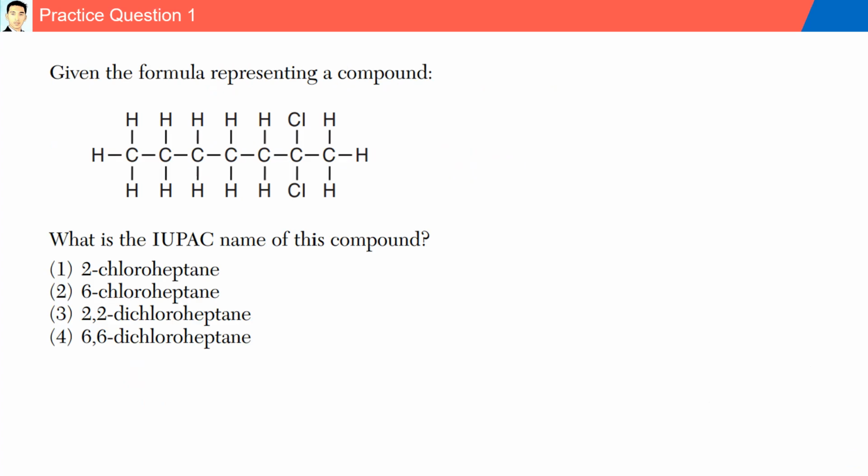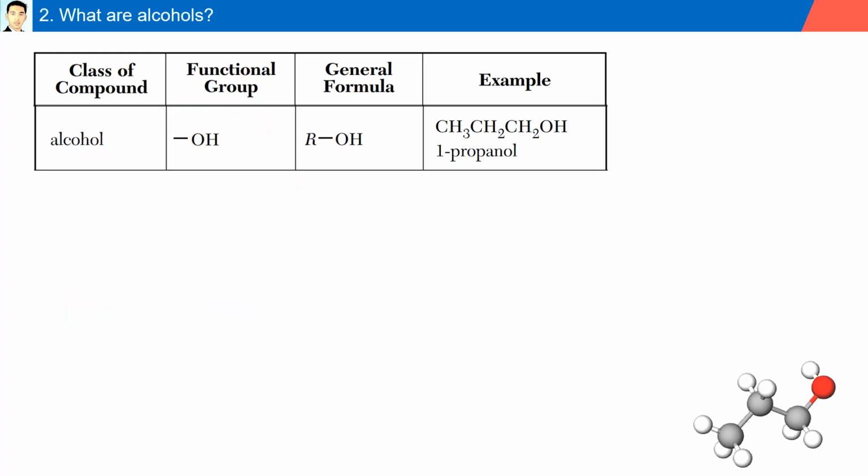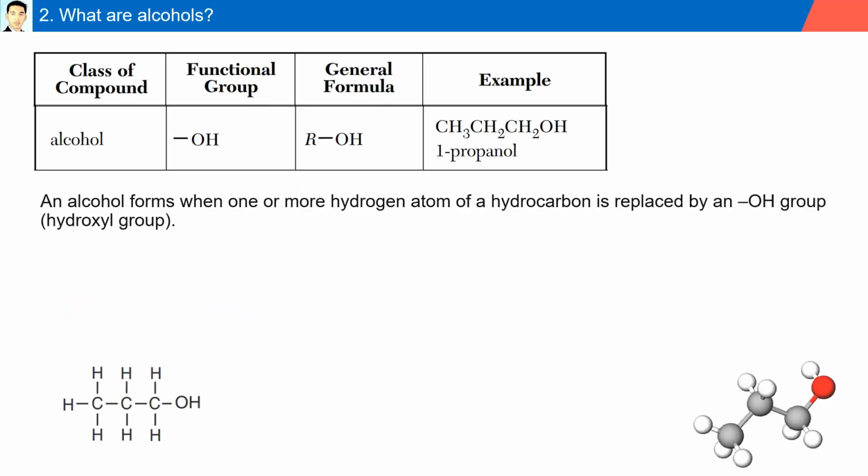Given this formula, what is the IUPAC name of this compound? Here, there are 7 carbon atoms in the chain, and numbering from right to left, the 2 chlorines are on the second carbon. Therefore, it is called 2,2-dichloroheptane. What are alcohols? An alcohol forms when one or more hydrogen atoms of a hydrocarbon is replaced by an